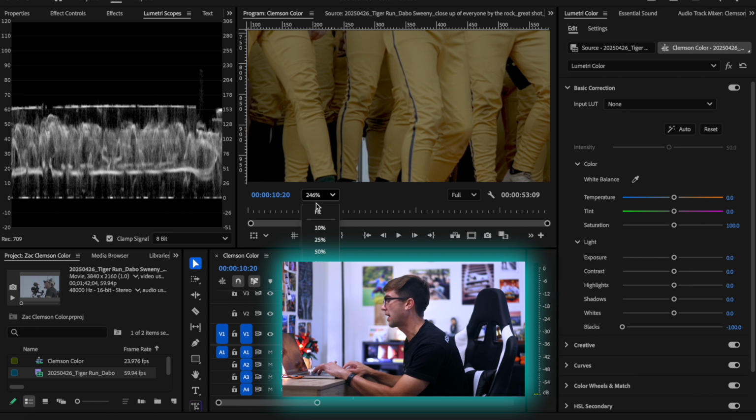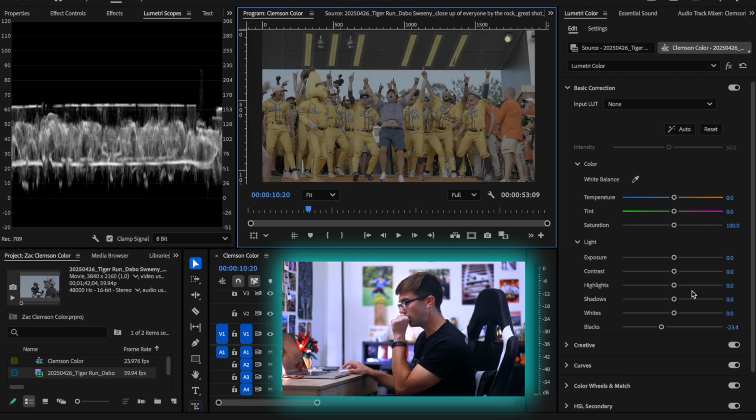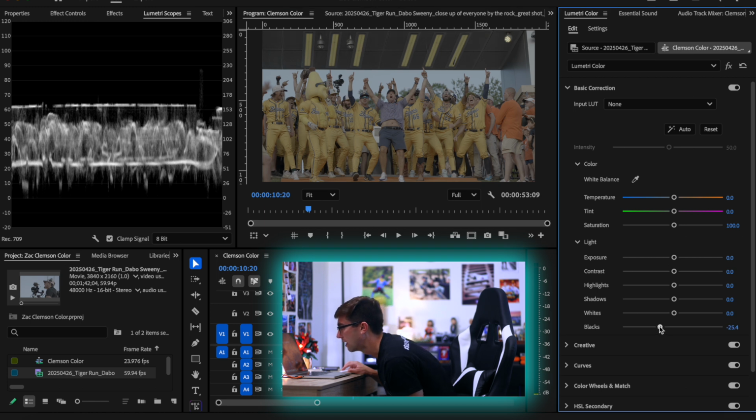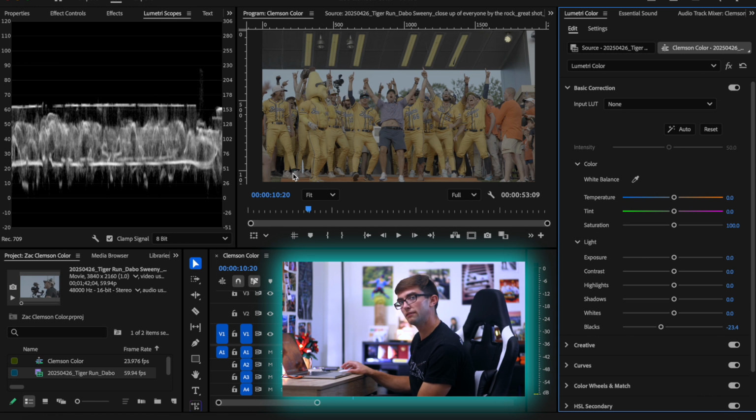We don't have any of that actual information. So we're going to undo that and adjust that just about to 0, just like so. Next thing we're going to do is the same exact thing for the white point, and the white point is